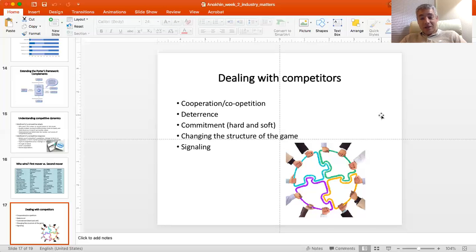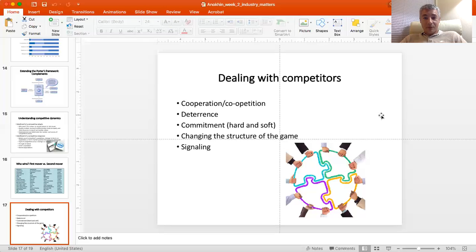So this is changing the structure of the game. Then you also may send different signals, right? You maybe declare your strategic goals, or again, you make certain investments, or you launch some products that signal to your competitors and to your customers what it is that you're trying to do. And this is not necessarily a collusion, but this is an attempt to redefine the market, to educate the market, to make sure that